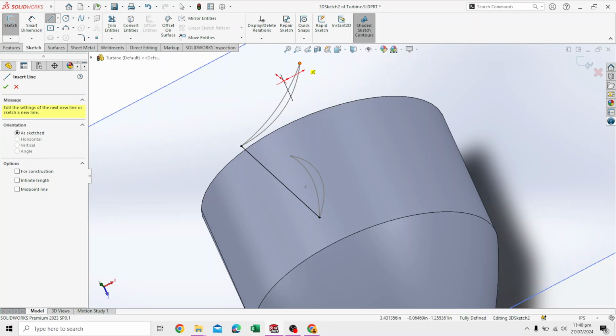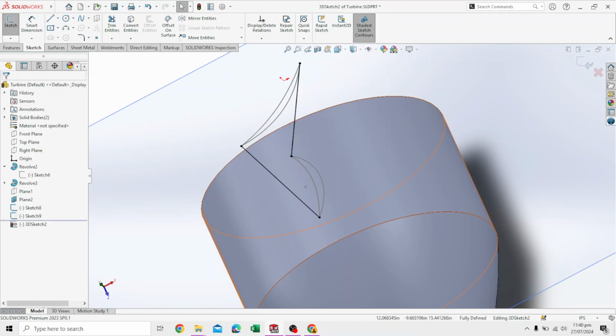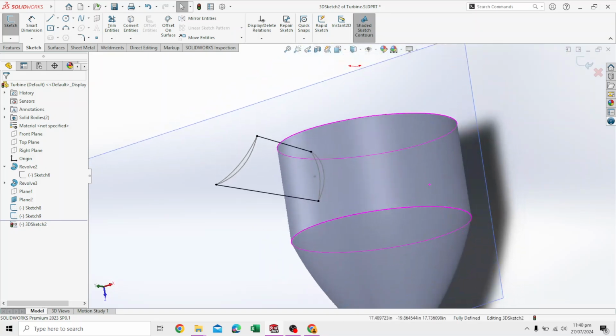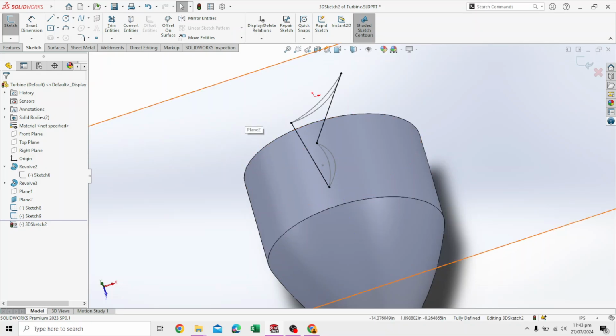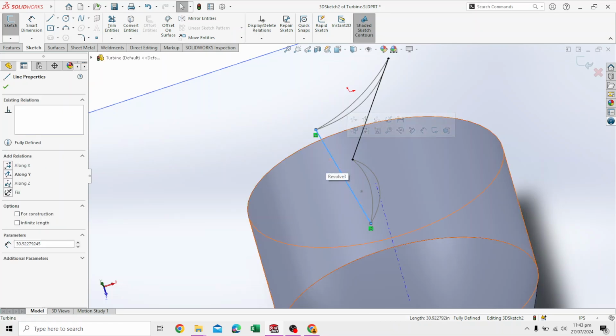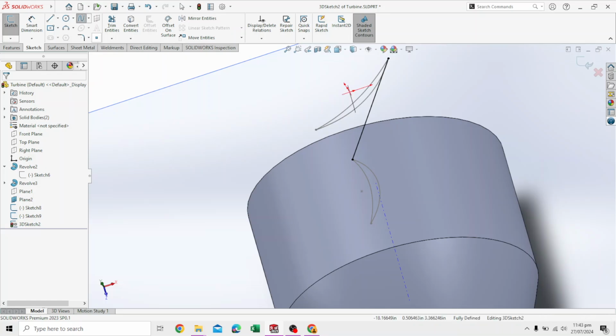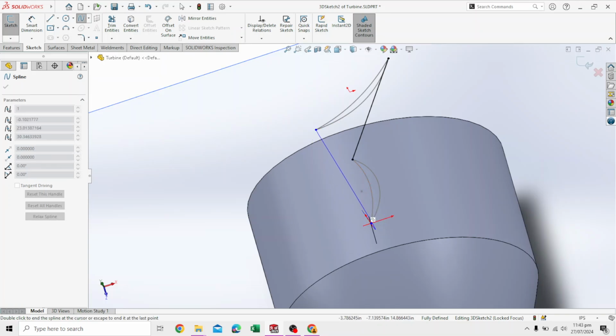Second, this point and this point. Press escape, that's the second one. Right, it's looking good. We have made a slight mistake. This is obviously correct. This needs to be changed. We will delete it and use a spline instead from this point to this point. Press escape